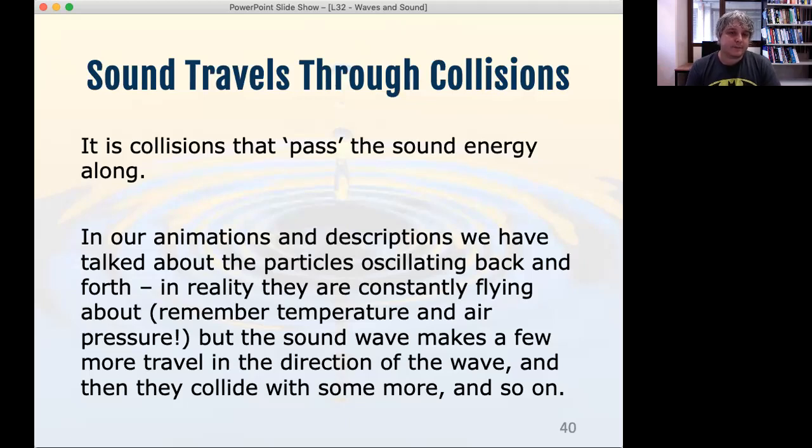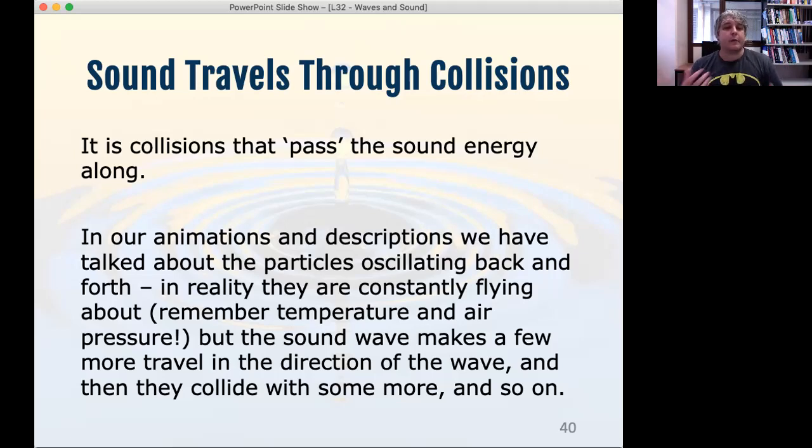So with a sound wave, what you're getting is that compression where a whole bunch of particles bunch up, they all collide more frequently with all of their neighbors, and then because they collide, on average they're traveling back a little bit, and there's not as many particles there, so they travel a bit further without any collision, so they're not sending any energy back the other way, and then the new wave of particles comes along, collides with all of them, and gives them some more energy to keep them going that way. So it's this constant flow of collisions moving that energy along through space,